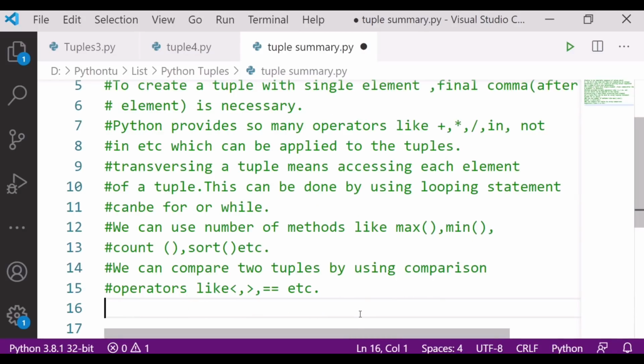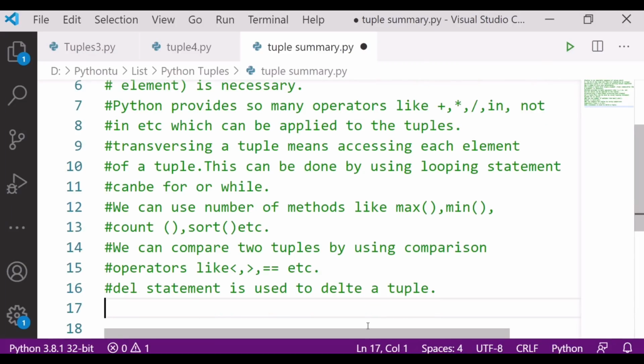Next, what we have read here is the del statement, that we also used. The del statement is used to delete a tuple. For tuple assignment, the number of variables on the left side of the assignment and the number of elements on the right side must match.